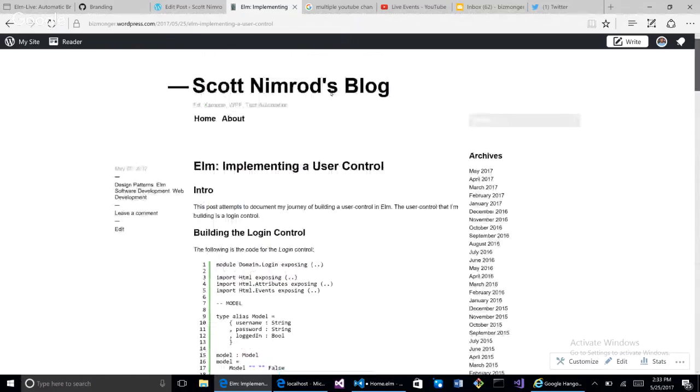I'm going to embed this video that I'm streaming live right in this blog post as soon as I get done. All right. So as I'm still sharing my screen,